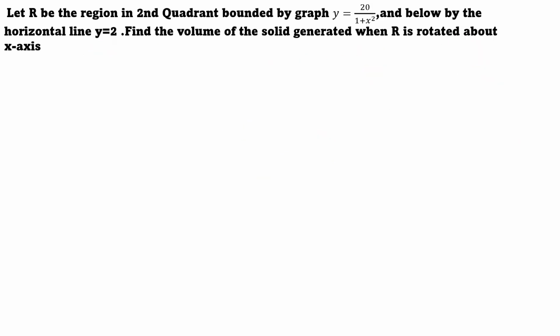Next question. Let R be the region in the second quadrant bounded above by the graph y equals 20 over 1 plus x squared and below by the horizontal line y equals 2. Find the volume of the solid generated when it is rotated around the x-axis. So again, when it is around the x-axis, we have to write the equation in the form of f of x. And since it is only one graph and the other line is 2, so what you will write? You will write volume equals